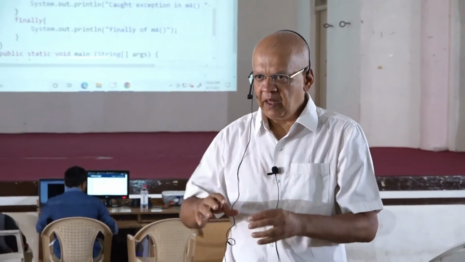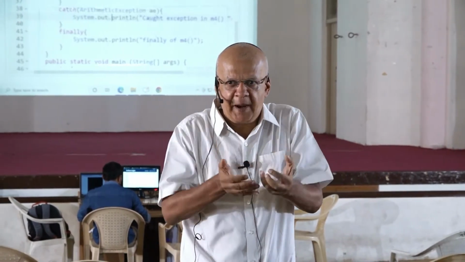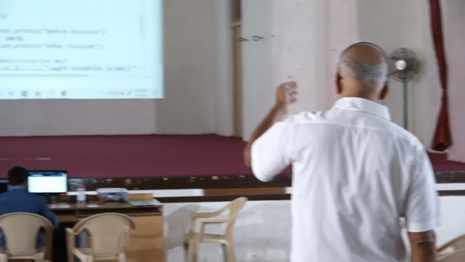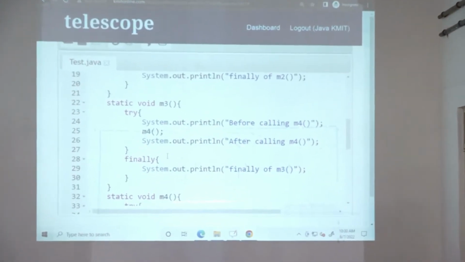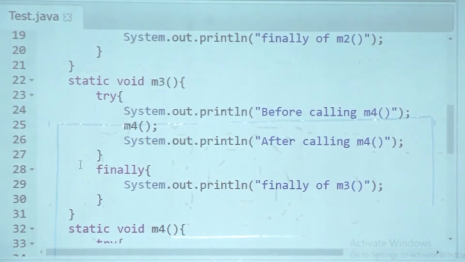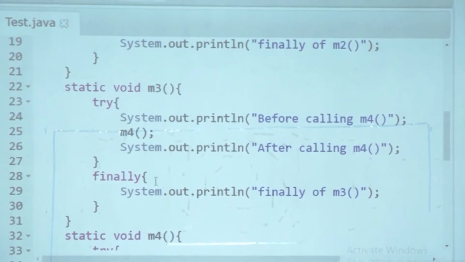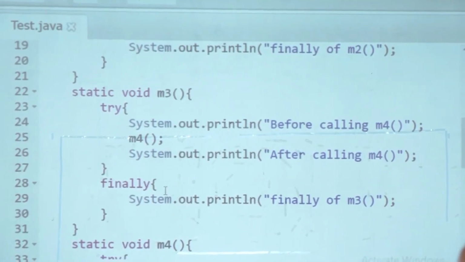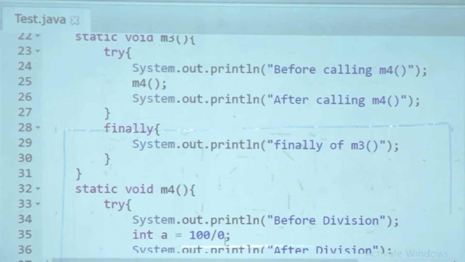The fire, as I was saying, which came in M4, was doused in M4 itself. Now there is no pending exception coming out of M4. So when the control comes back to M3, M4 returns but without any pending exception. There is no fire now. M4 had an exception, but it was tackled in M4 itself.